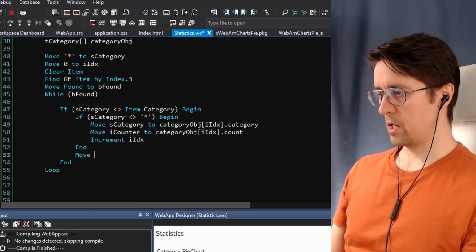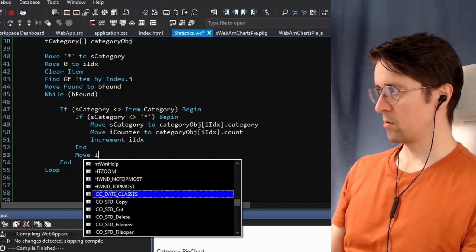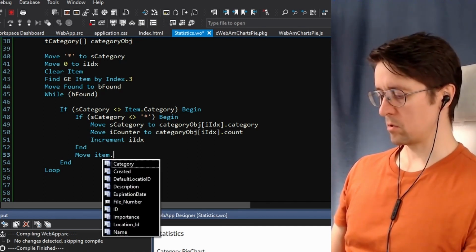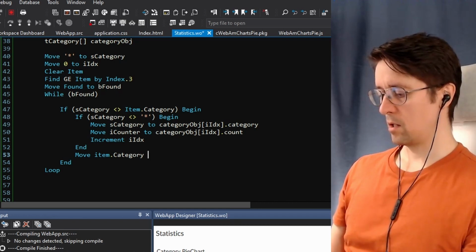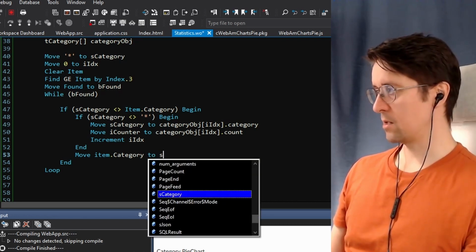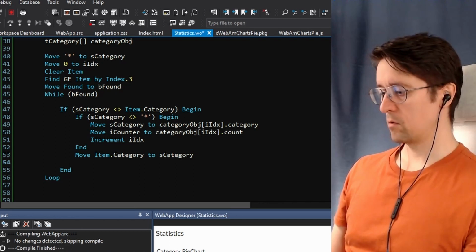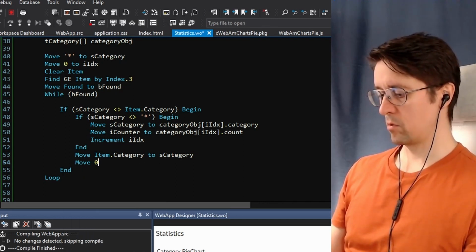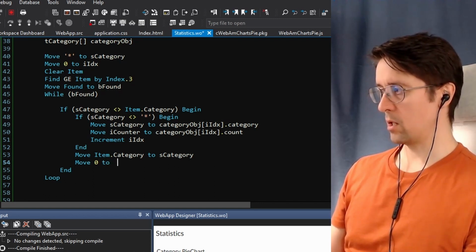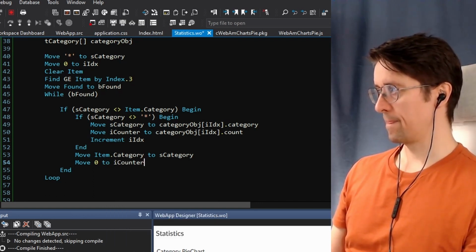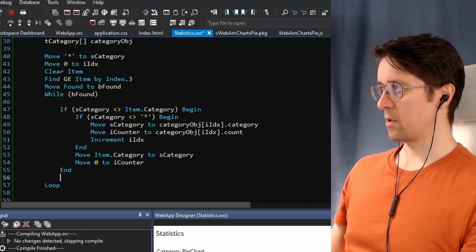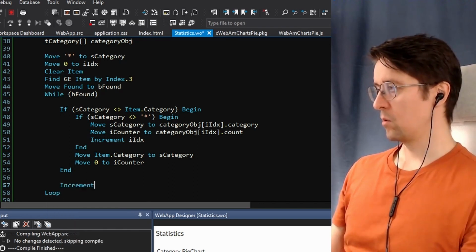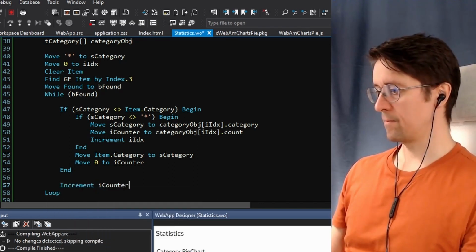Then on every iteration, we want to take the item dot category and move that to S category, and we want to move 0 to I counter. So we reset the I counter, and then as we go down the loop, we want to increment the I counter,